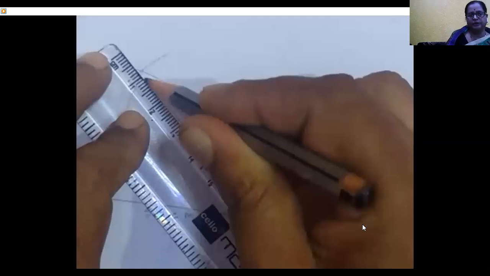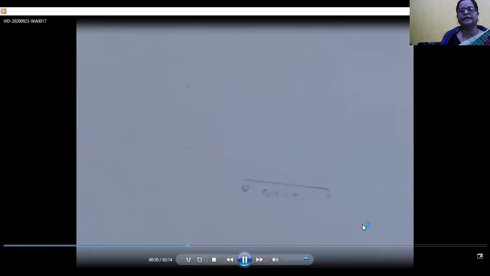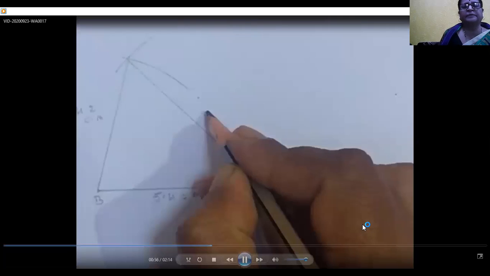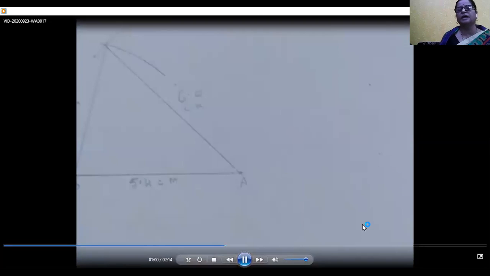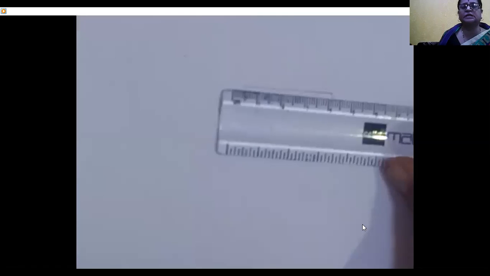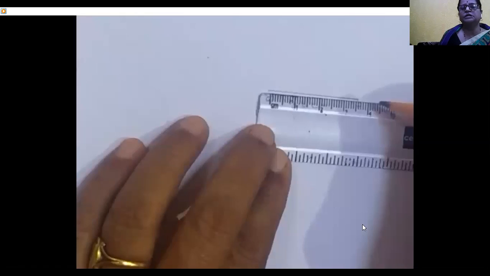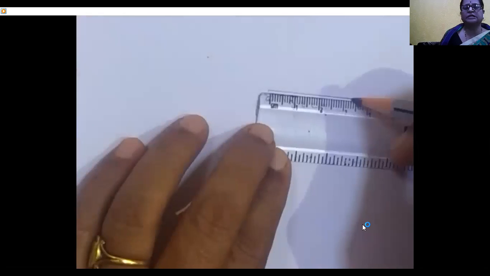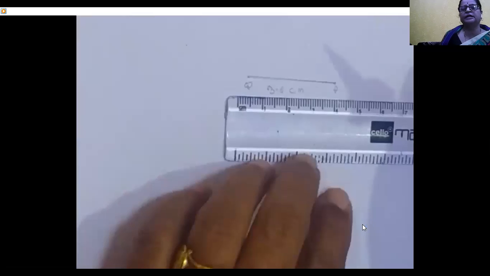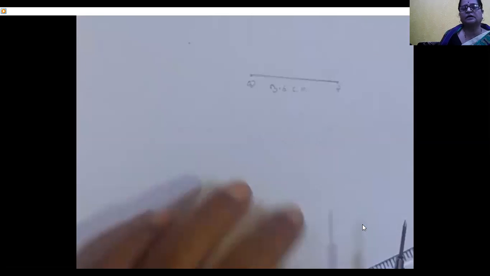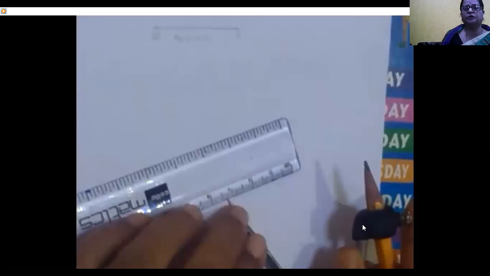Again we are going to construct a second triangle, whose base is 3.6. We write their measures here. We must write these measures, otherwise we will get cut marks. So the second triangle we are constructing, the base is QP. That measure is 3.6. So we draw a 3.6 base, and then we take the QR length, that is 2.8.